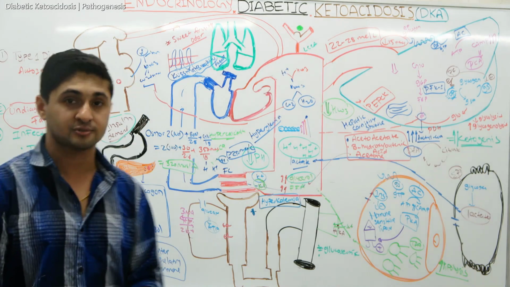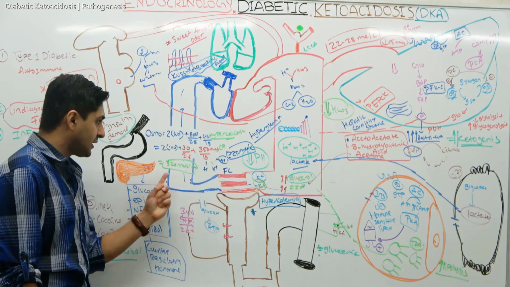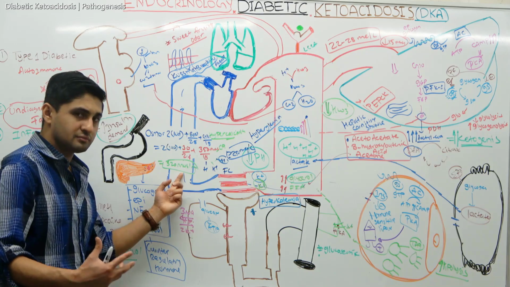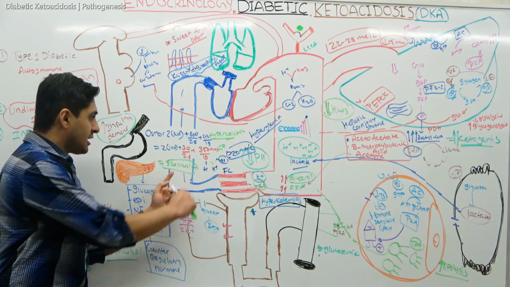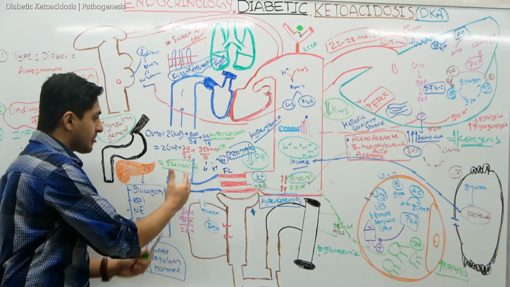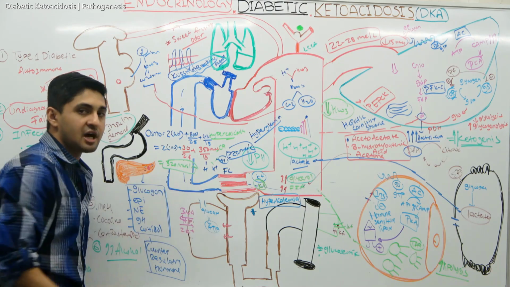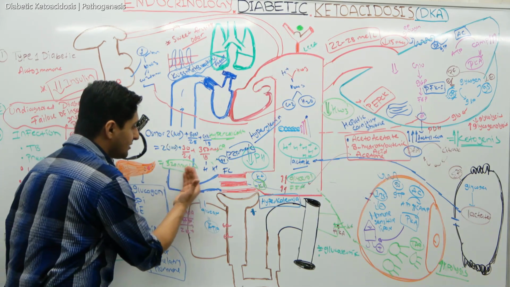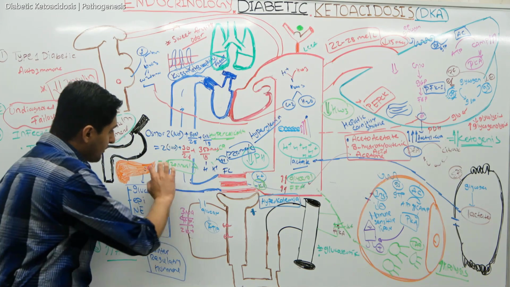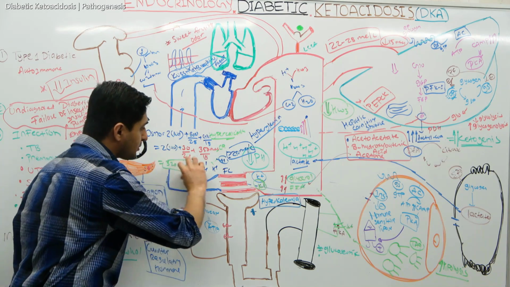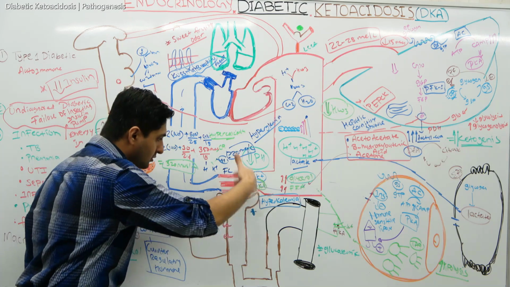That is usually the normal level of osmolarity. But if you do this math, I'm not doing the math, but if you do it, what is going to happen is that you're going to see hyperosmolarity. That means the osmolarity has been disturbed. So when the osmolarity is disturbed, when there's hyperosmolarity, what is going to happen is a lot of glucose is coming down.